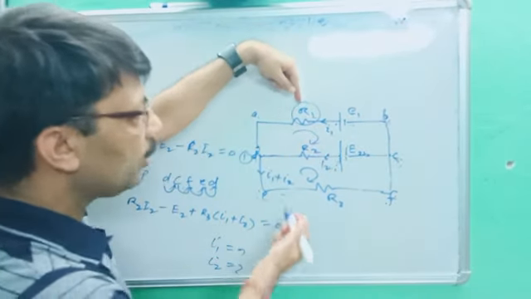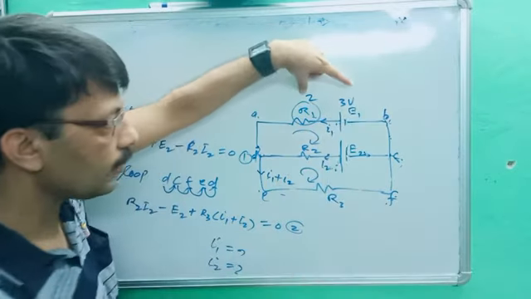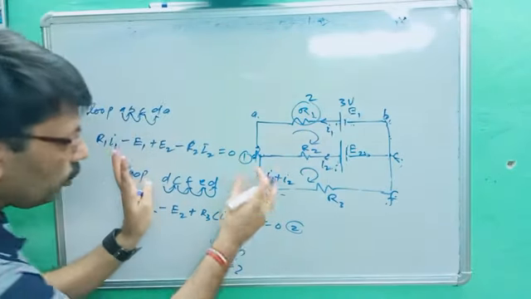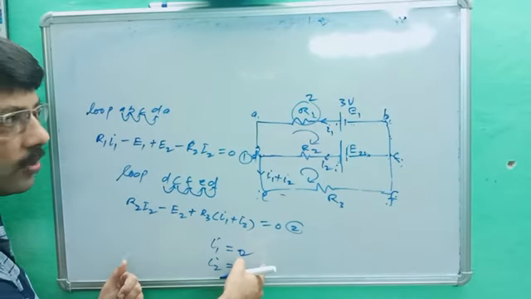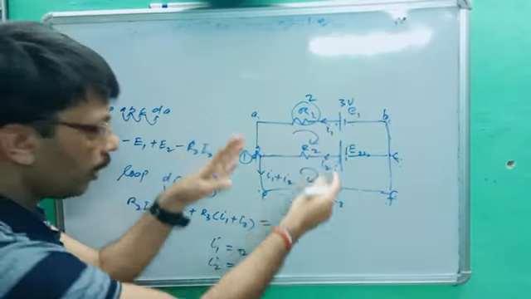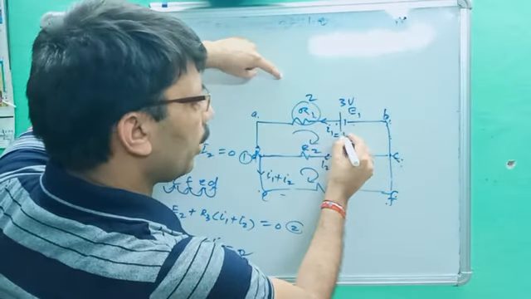Many of the students ask, how can we find the potential between two points? It will be very easy. Let us suppose each value is given. Let's suppose R1 is 2 ohm and that battery is 3 volt. First you will make the equations and solve for I1 and I2 with the help of two equations. Are you getting the point? Let's suppose the value of I1 is equal to 1 ampere.